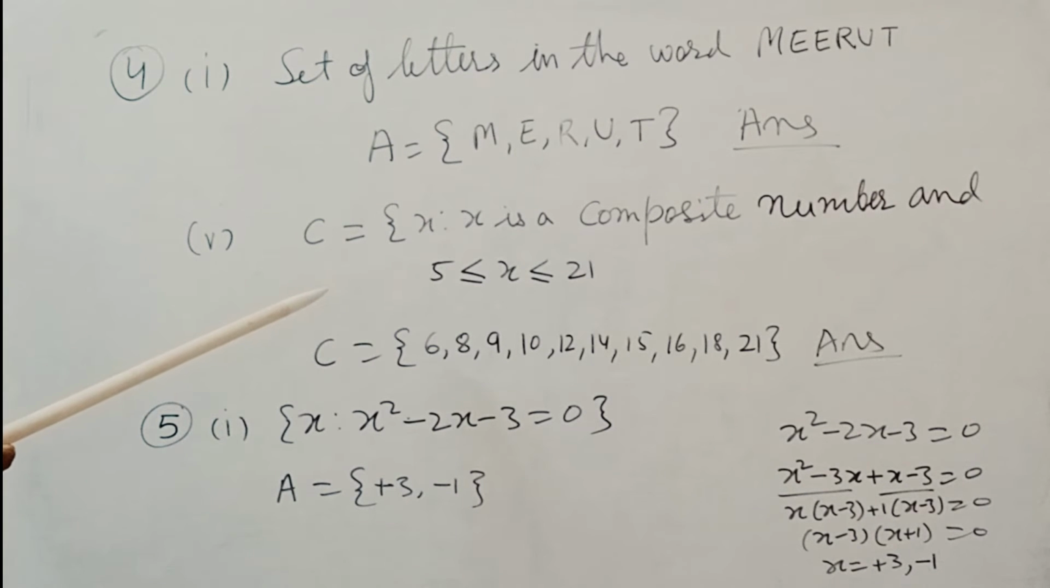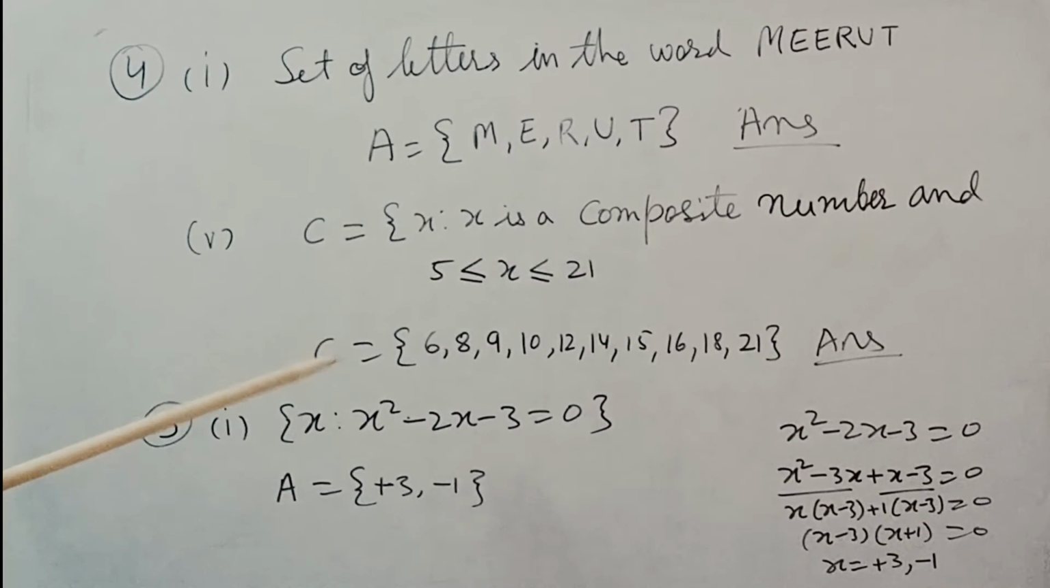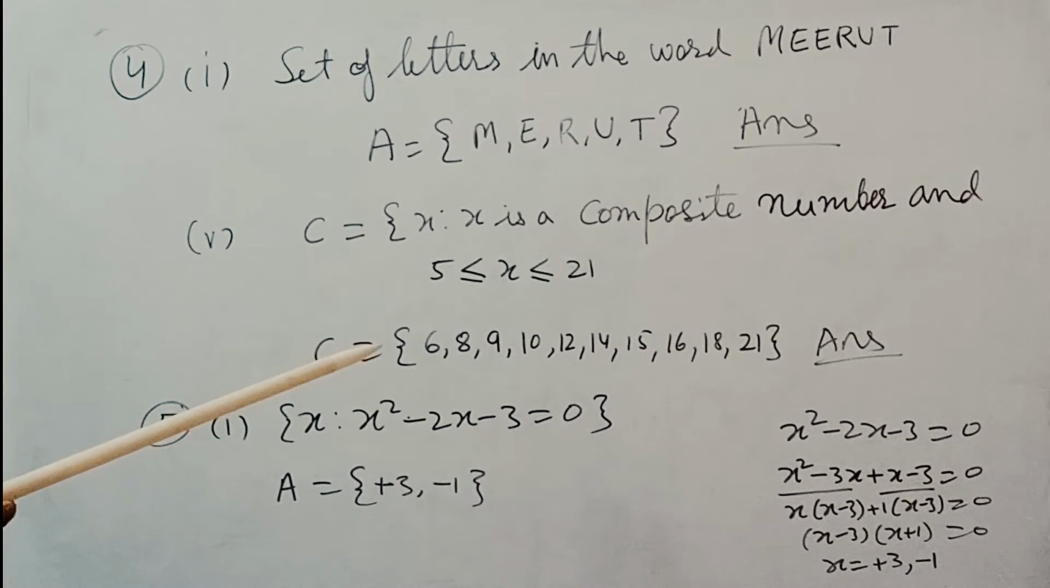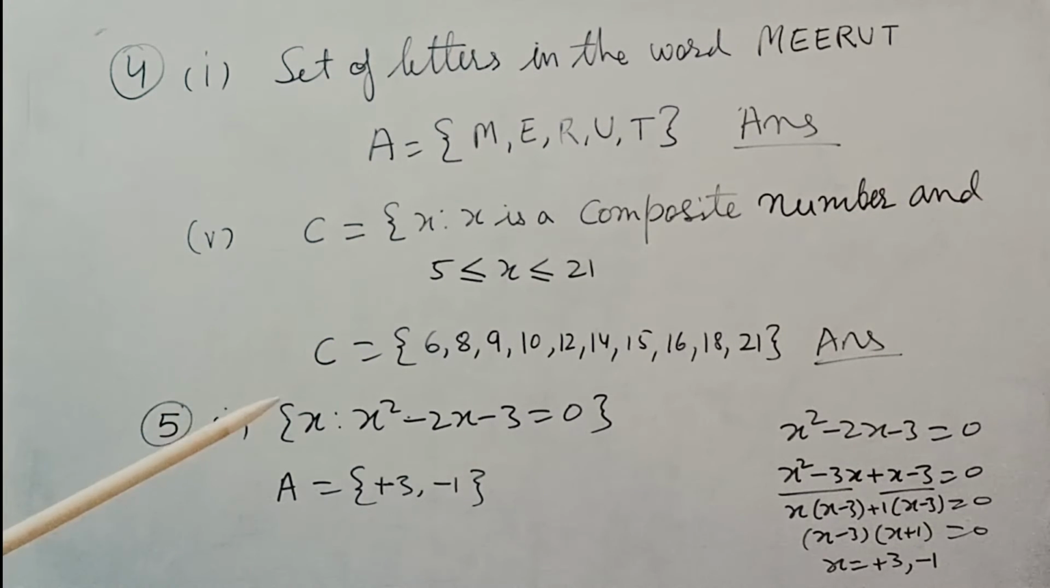So first we are taking the 5. Here x is 5 or greater than 5, so we are starting from 5. But 5 is a prime number, so we will not take the 5. So we will take the 6, 7. 7 is a prime, so we will not take the 7. 8, 9, 10, 11. 11 is again a prime number. We will not take the prime numbers. 12, 13. 13 is again a prime number. We will take only composite numbers. 14, 15, 16, 17, again a prime number, we will not take the 17, then 18, 19, again a prime number, we will not take the 19, 20,